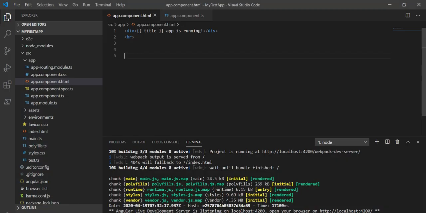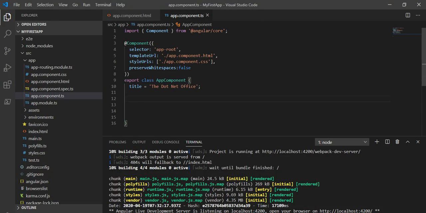Go to Visual Studio Code. I will create a pipe for the multiplication of two numbers. I will take one number array variable with the any type, and later I will take the constructor.